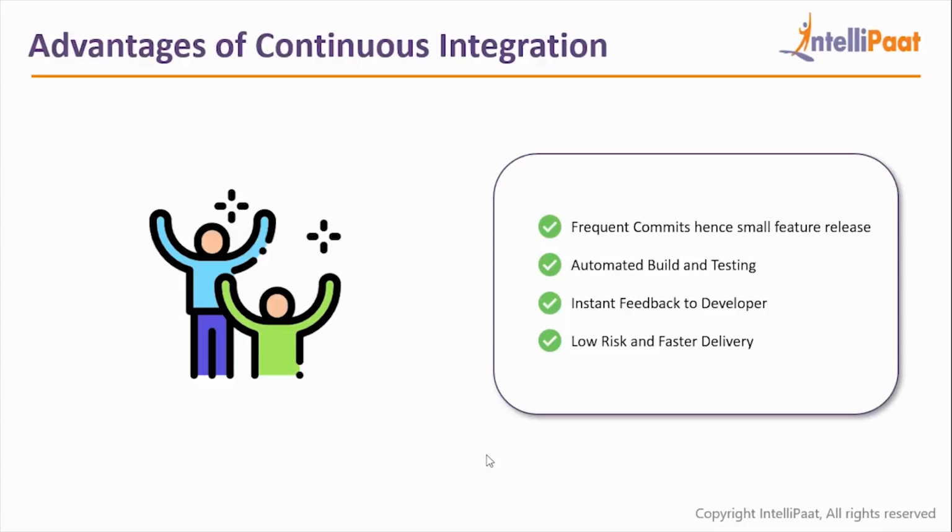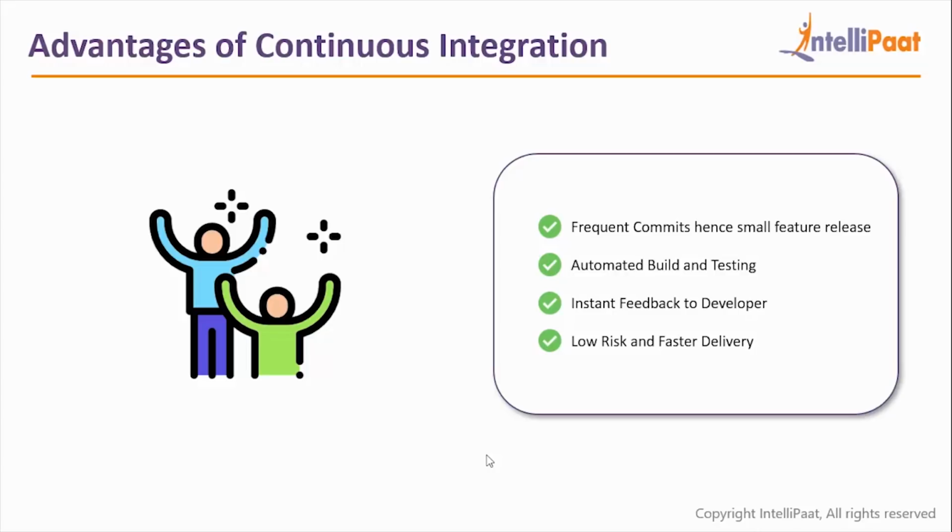The advantages of continuous integration include frequent commits and hence small feature updates to our website, every day or twice or thrice a week. We have automated build and testing that saves a lot of time. It gives feedback instantly to the developer, and also because of this, there's a low risk and faster delivery of products when you look at it from the business perspective. Now, like I was saying, all of this is possible using continuous integration, but continuous integration itself is just a concept, right? It can be implemented using hardcore tools, and we're going to discuss that in a few